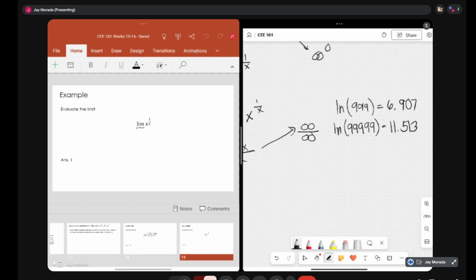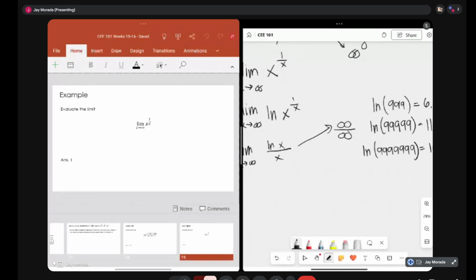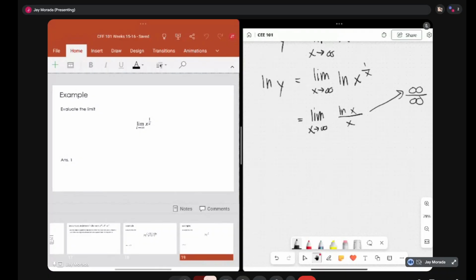Of course, you have to make sure. Let's try to add two more nines. Let's say 7 nines. Okay. So that will leave us with 16.118. Now, as you can see, it is not converging to a single value. It is diverging, but very slowly, but still that is considered infinity, so we have infinity over infinity. We can then apply L'Hopital's rule.